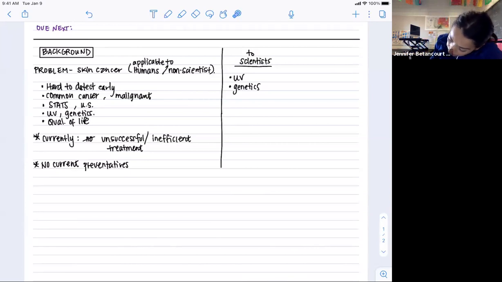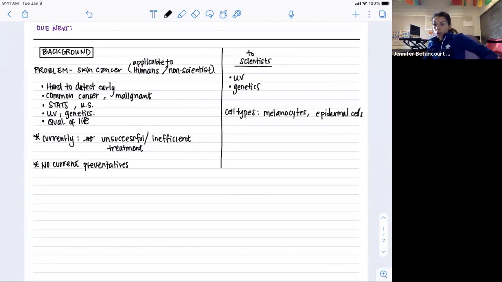Okay, so let's do cell types. I'm just writing a few that I'm seeing as I'm scanning down. I'm seeing stuff like melanocytes, epidermal cells. When you're writing this in your grant proposal, it might require a couple sentences to talk about the different cell types and how they should normally function. Okay, basal cells, squamous cells. I'm going to write a few more. Basal, squamous. Okay. And then cancer types,